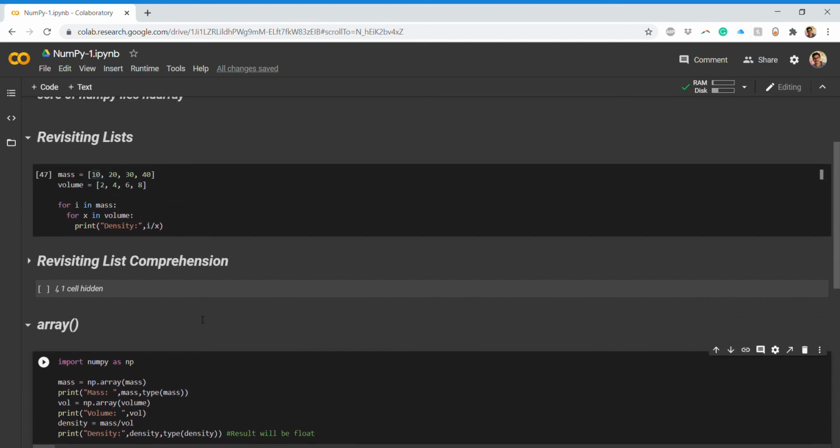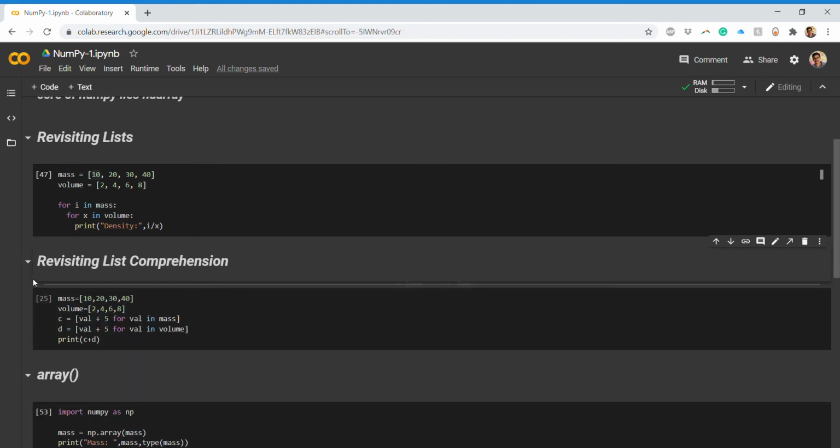Next, we again do a revision of the list comprehension that we have seen. It is nothing but you write a for loop inside a list. Similarly, I have the mass and volume, same thing, but now I want to add 5 to each of the values in mass as well as volume, and combine them.